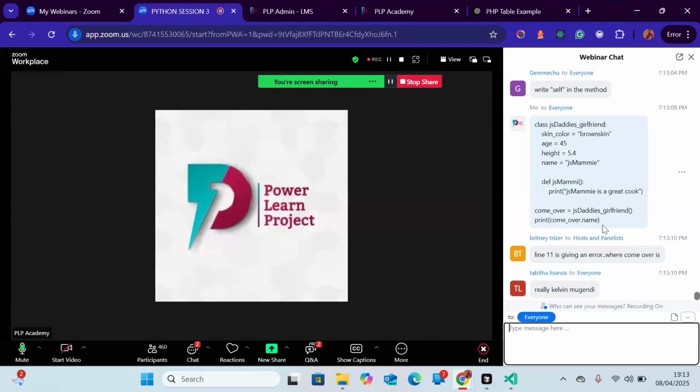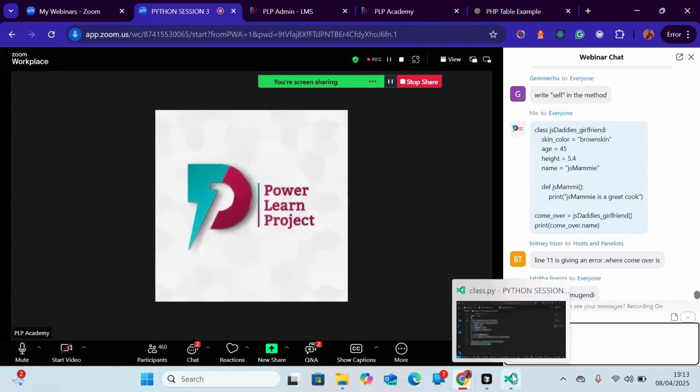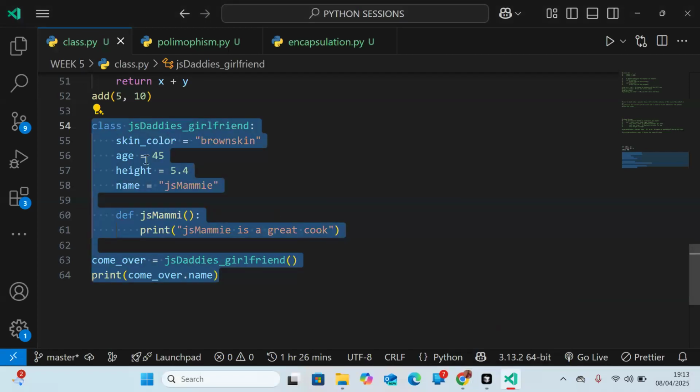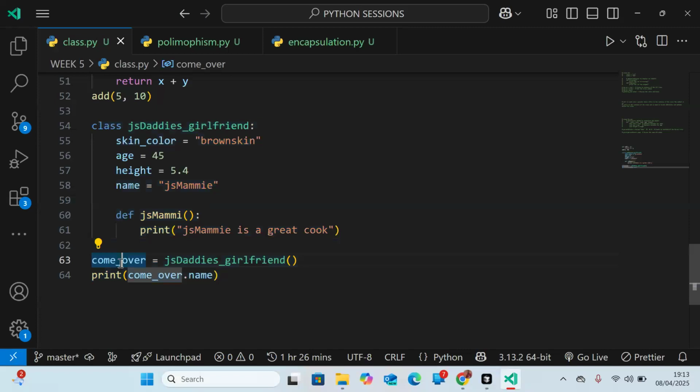Line 8 is giving errors. Line 8, 1, 2, 3, 4, 5, 6. The come over thing here is giving errors. I know why it's giving errors. So in case yours is giving errors,